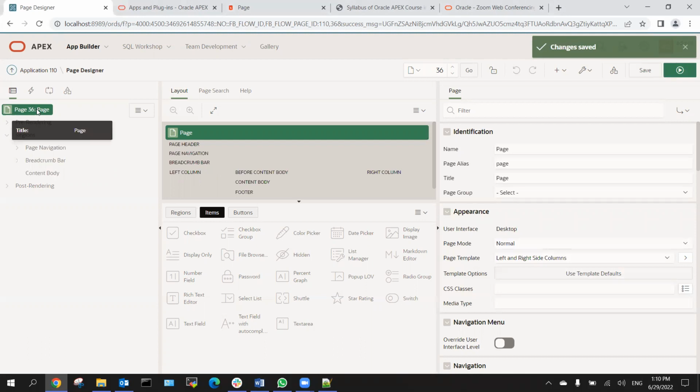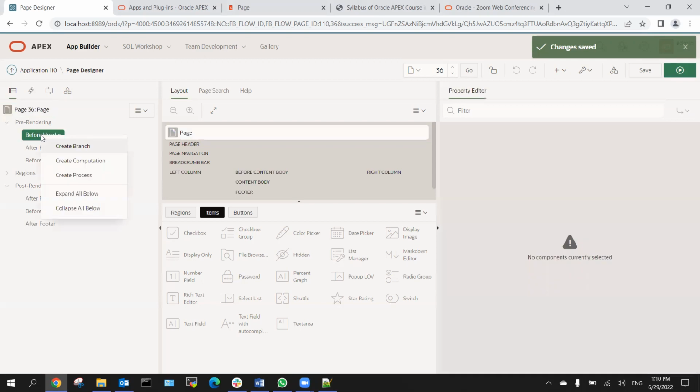The page in Apex, right? And we will just have a quick review of the base section, like we did before. So we have something called pre-rendering and post-rendering, and we have three events. We can create branches, computations, and processes on these events, before the header or after the header,